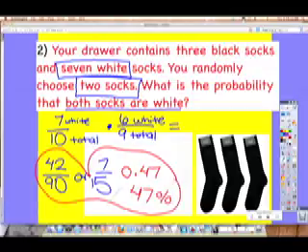Any questions on the sock? How are you feeling, pretty okay about that? Feeling okay? Think of it 1 sock at a time, 1 sock at a time, multiply it. Okay, what about? Okay,